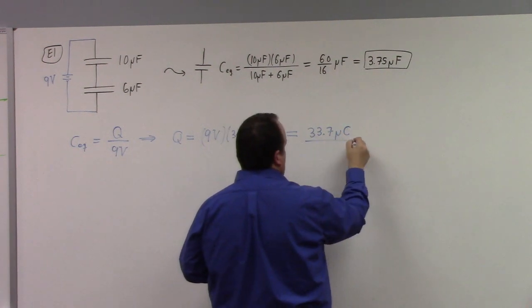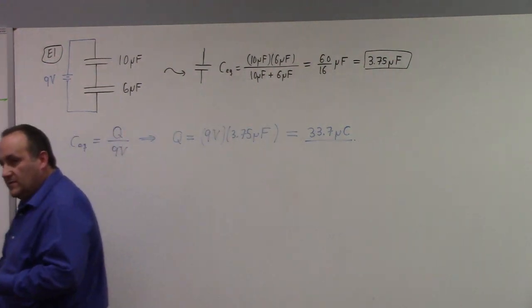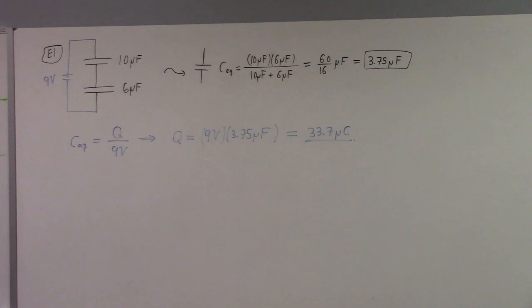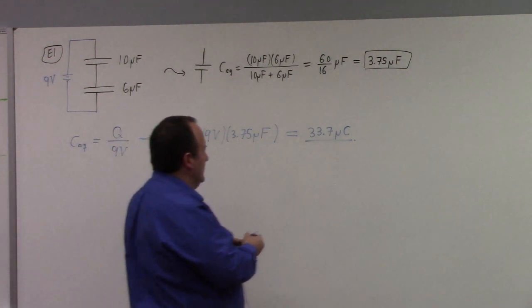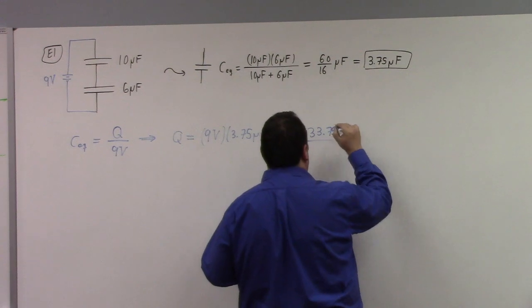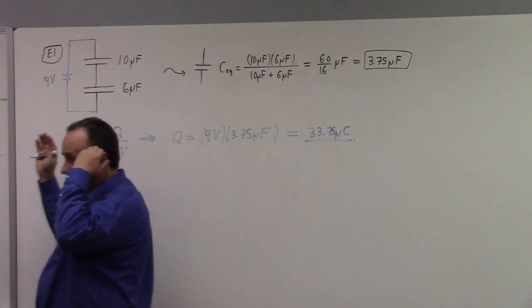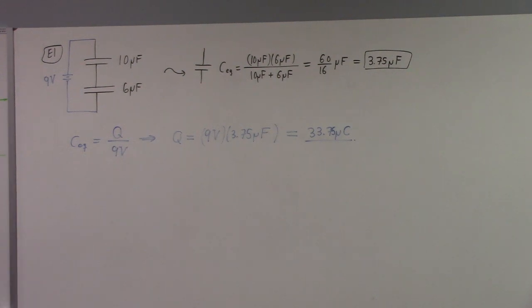All right? So this is a series arrangement of capacitors, right? So the charge is the same on both of them. So that is it. There's 33.75 microcoulombs on the 10, and there's 33.75 on the 6. Sorry about that, I lost a 5. They have the same charge as we were just talking about, all right? But they don't have the same voltage. See? So the voltage